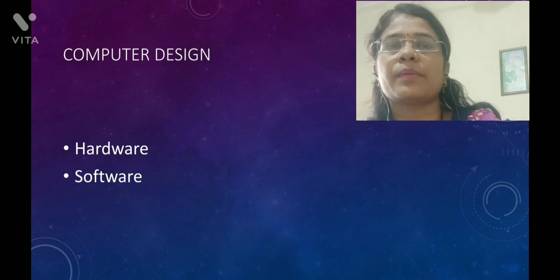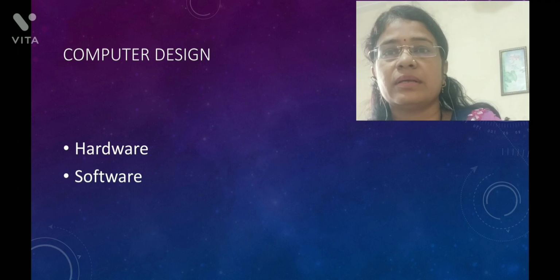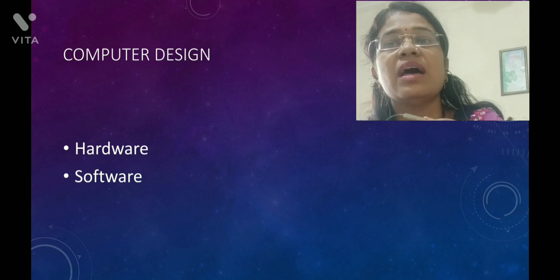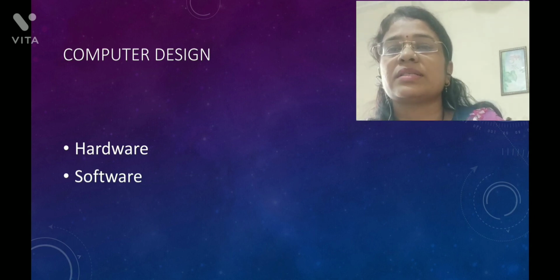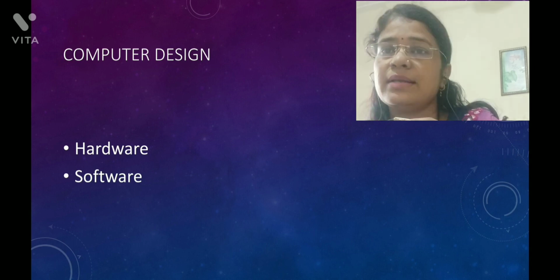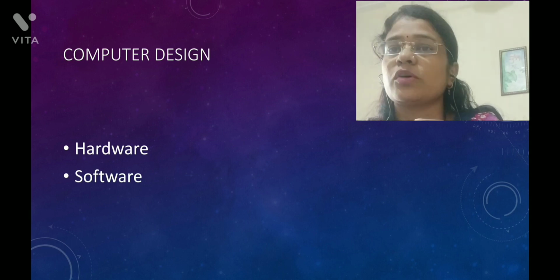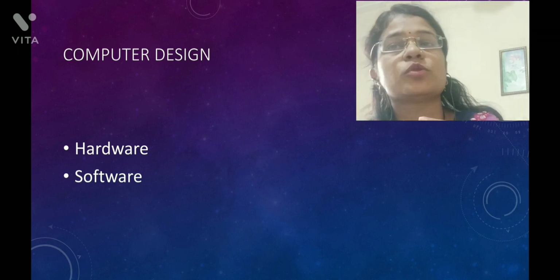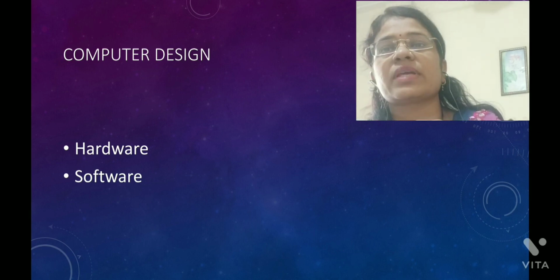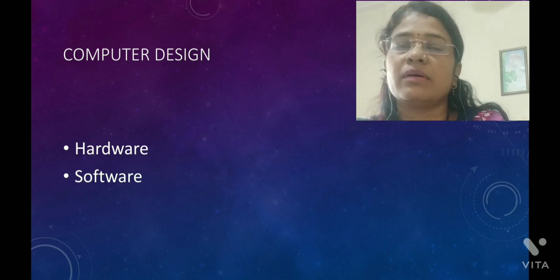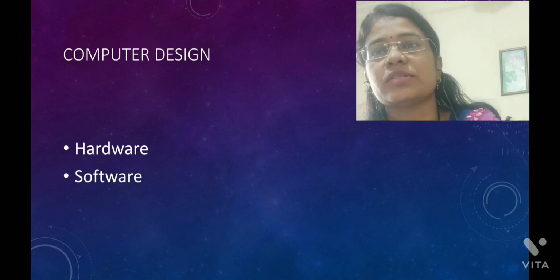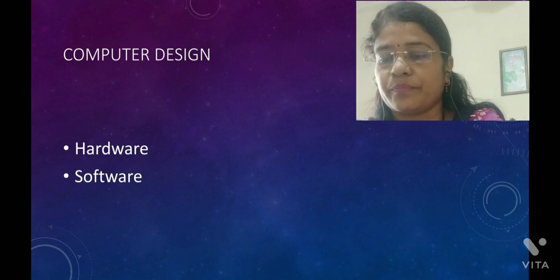Hardware means, for example, keyboard, mouse, printer, then central processing unit. These are the devices which we can see as well as we can touch. So all these parts, all the peripheral parts of the computer are known as what? Hardware. And second main part of the computer is software. Software is nothing but the set of instructions through which we can use various applications, we can perform various tasks with the help of different applications. So that is nothing but a set of instructions, or we can say it as software.